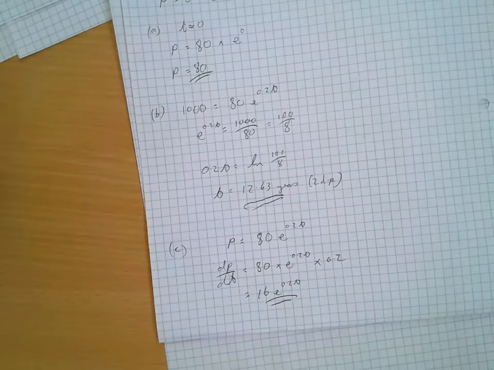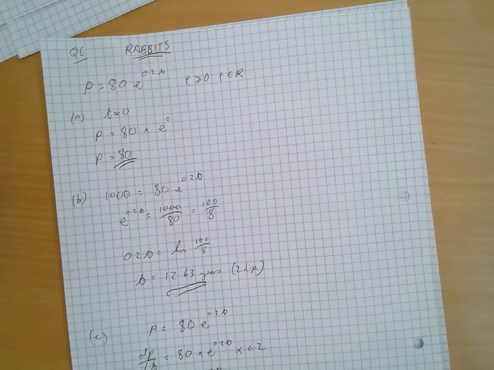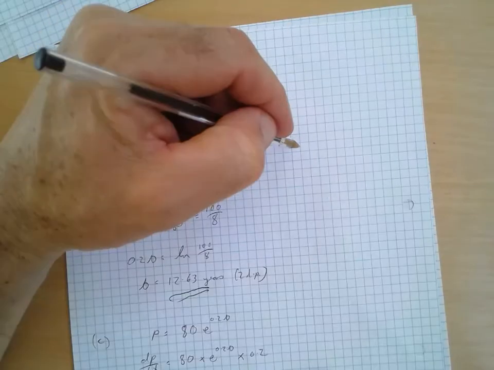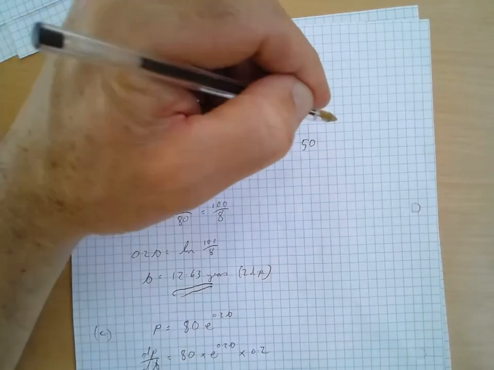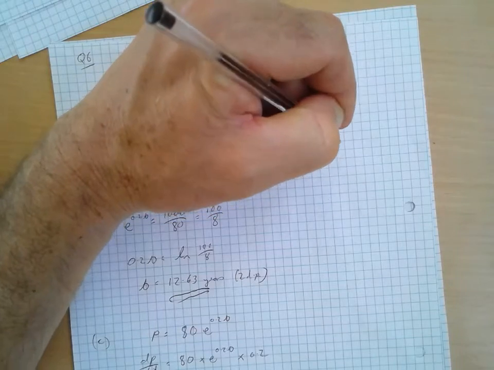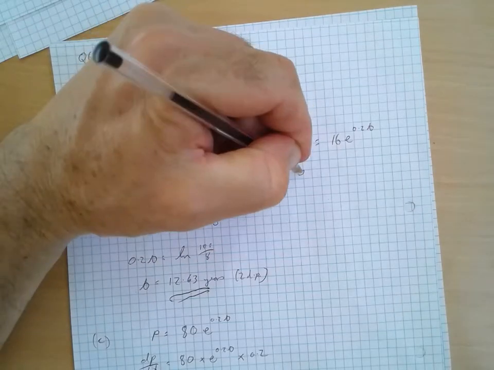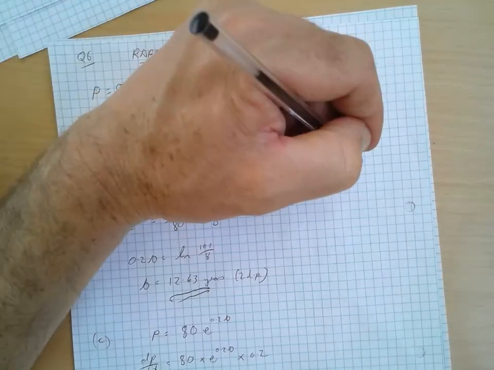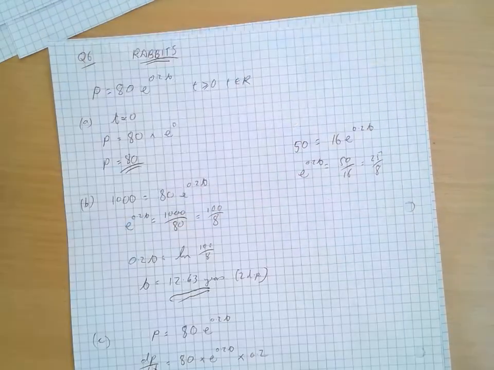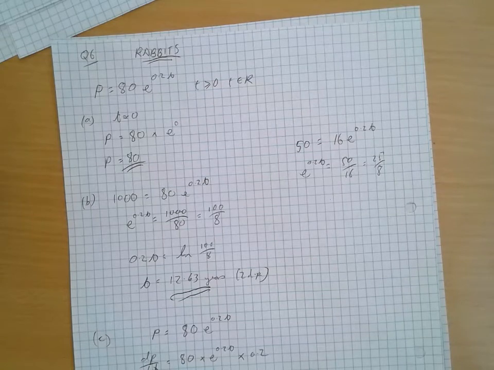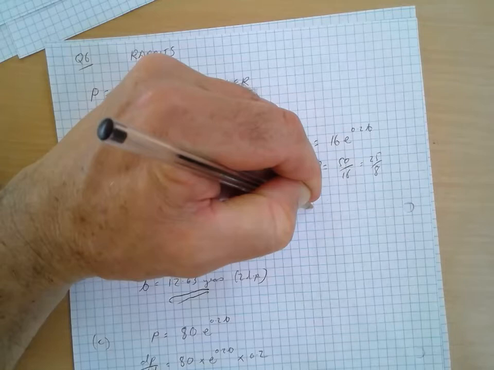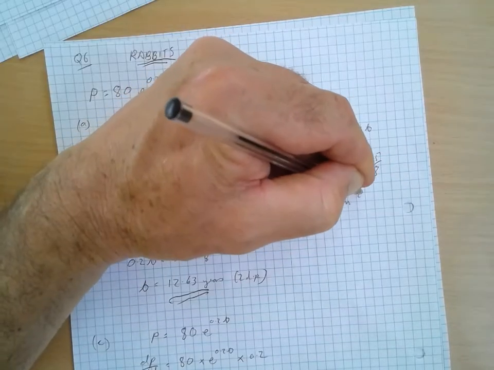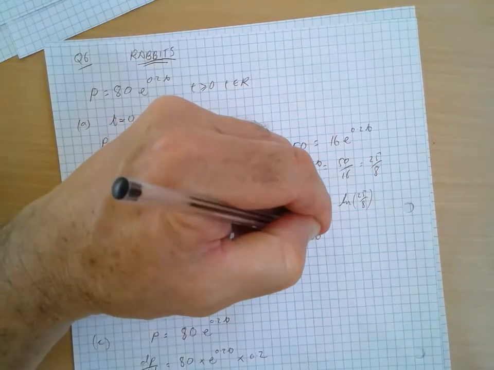Final question then is asking, we have to find P when dP/dt equals 50. So in this case I have got 50 equals 16 e to the 0.2t. e to the 0.2t equals 50 over 16, which equals 25 over 8. As before, I can take lns on both sides, so 0.2t equals ln of 25 over 8. And that gives me t equals